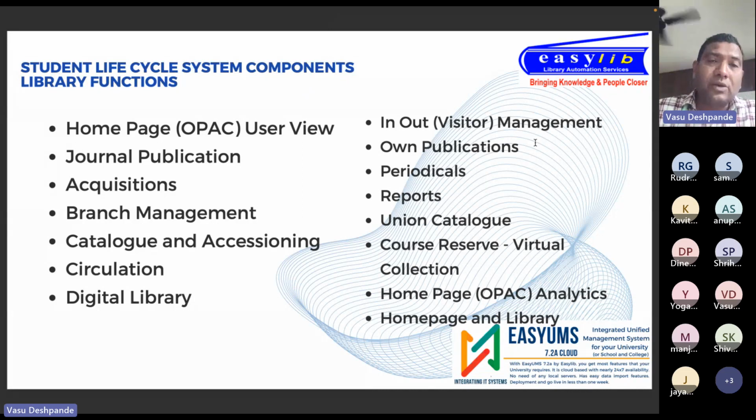So basically, it starts with the homepage. Are you getting a customizable homepage? Are you in touch with the students? Then acquisition, cataloging, member management, circulation, digital library. The digital library is an interesting thing here, because if the student has to go to one system for books and another system for the digital library, and so on, it may not be the best method. So now the question is,